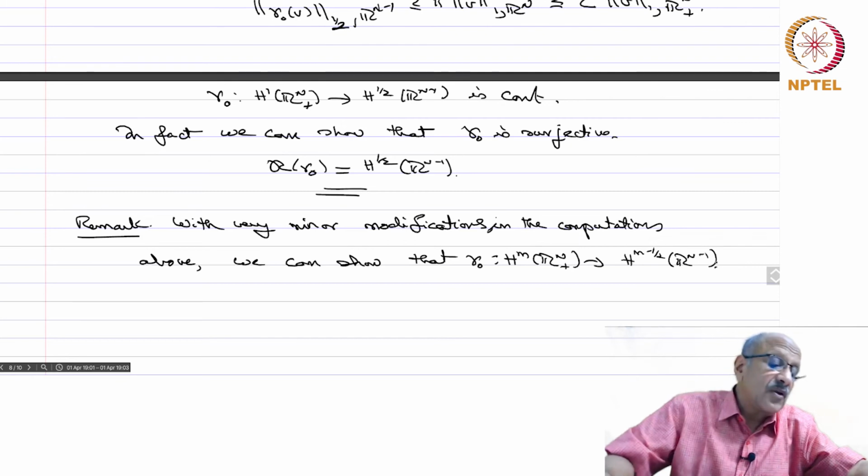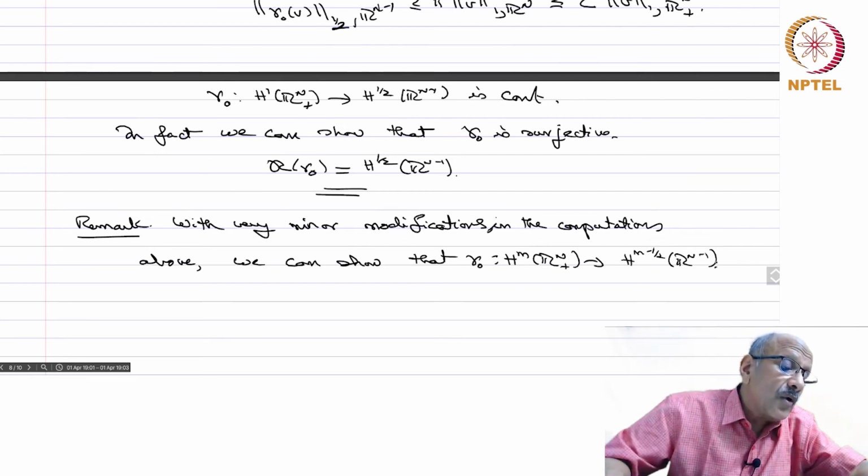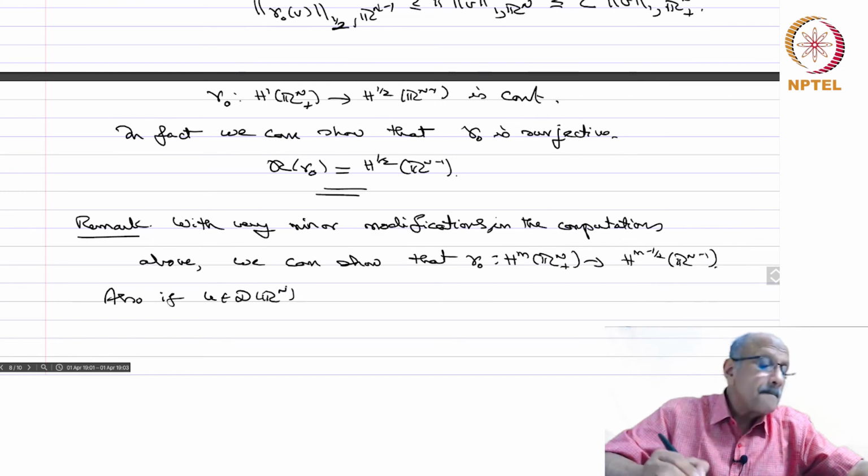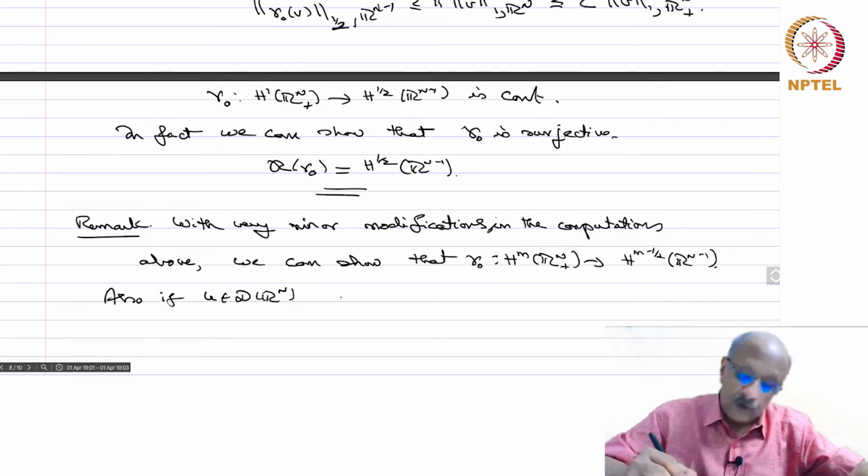So it's very easy to show this. Okay. Also, if U belongs to D of Rn, we can show